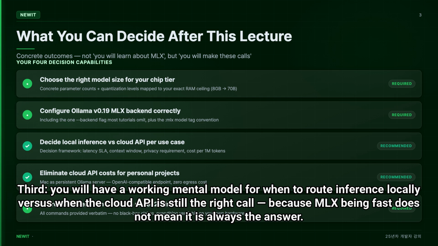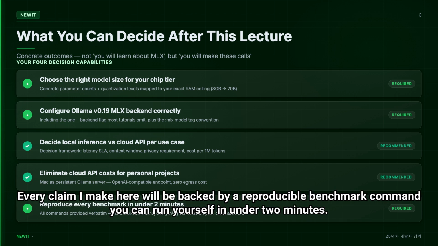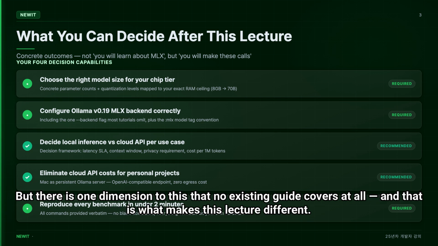Third, you will have a working mental model for when to route inference locally versus when the cloud API is still the right call. Because MLX being fast does not mean it is always the answer. And fourth, and this one has real dollar-per-month implications, you will be able to eliminate cloud API costs entirely for personal projects and internal tooling, using your Mac as a persistent AI inference server. Every claim I make here will be backed by a reproducible benchmark command you can run yourself in under 2 minutes. There is one dimension to this that no existing guide covers at all, and that is what makes this